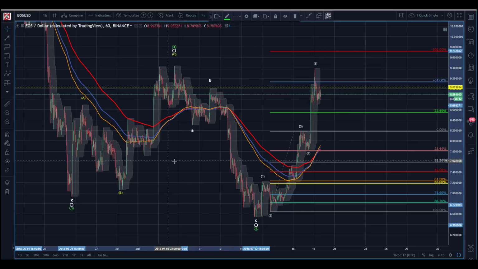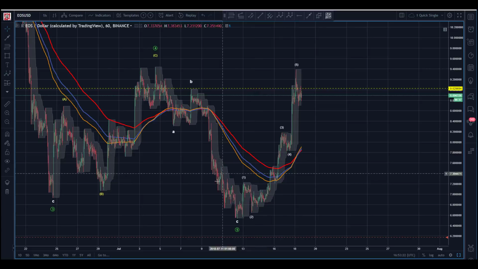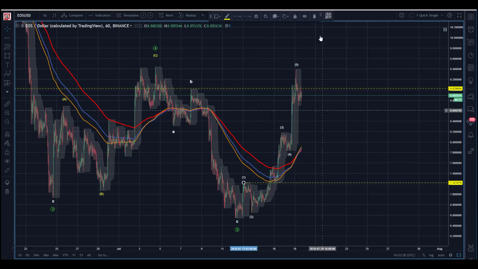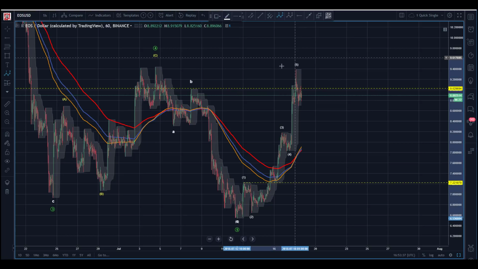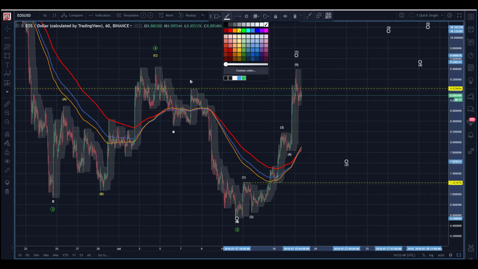So it has the potential here to be a motive wave, and in this case, an impulse. So we would want to, as we can't be absolutely certain about this count. If we keep going, we may have to relabel this, but we have a contender here for a one wave to be in. So if I take my low here and I think, okay, I've got a good clean 5. 2, 3, 4, 5. Let's go.